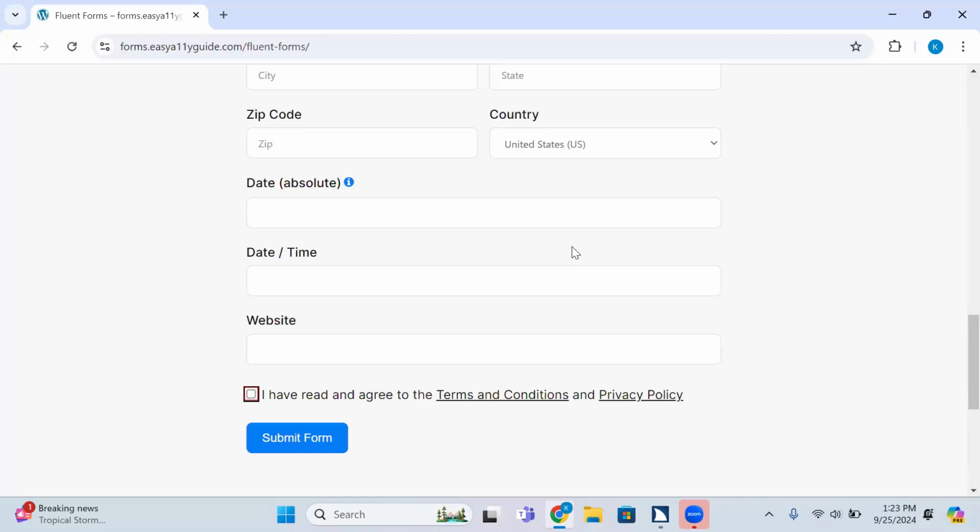But then separately in a div is "I have read and agree to the terms and conditions," which is a link, and privacy policy, which is also a link. But it's just in a div. You're not getting that as a screen reader user.